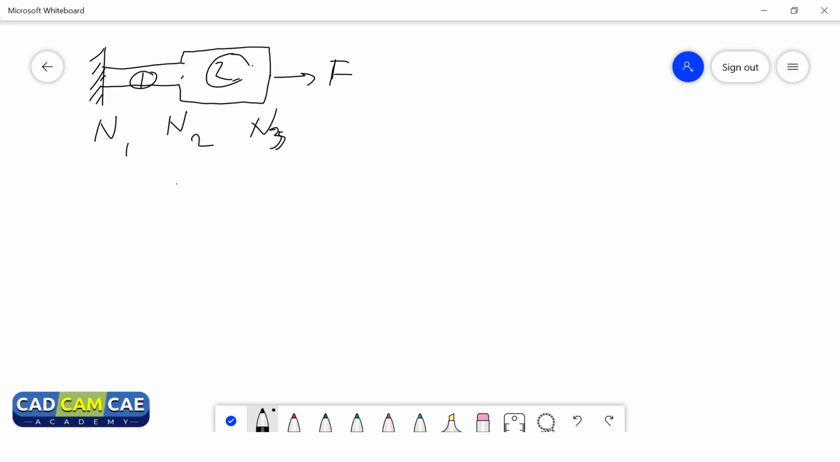Nodes will always carry mass. So what will be the stiffness matrix? So what is stiffness? Stiffness is nothing but force upon displacement. So our universal equation becomes F is equal to stiffness into displacement, where F is equal to force,